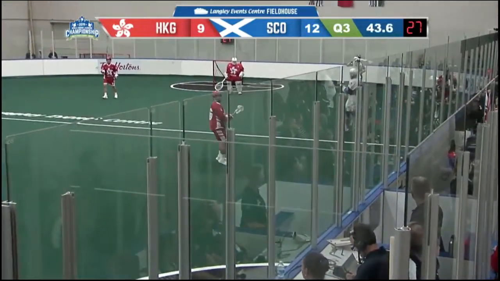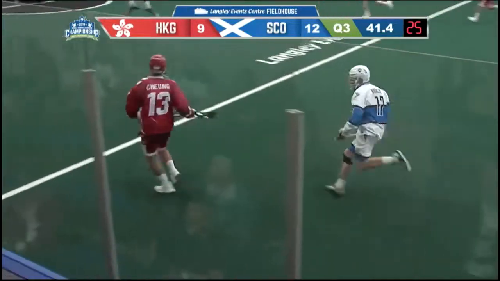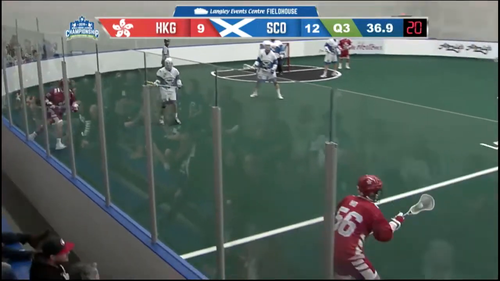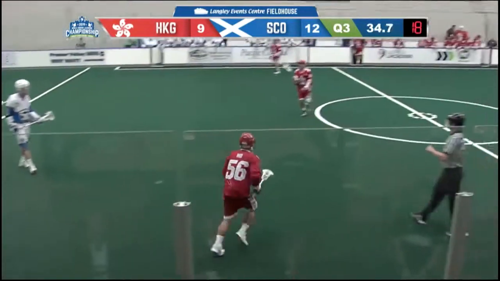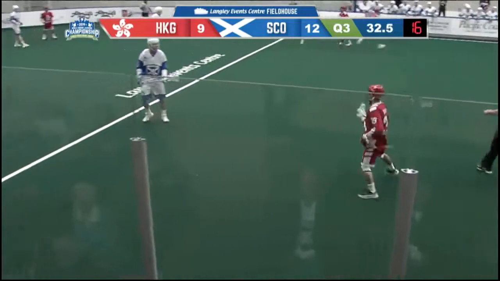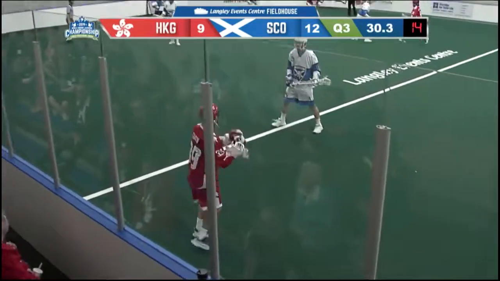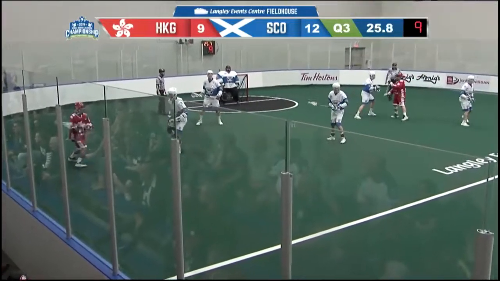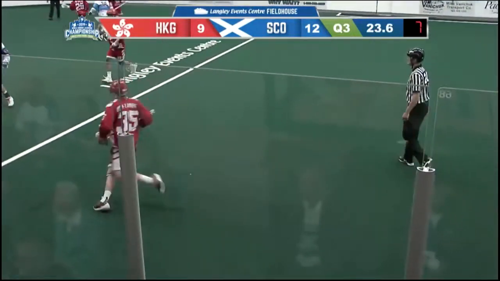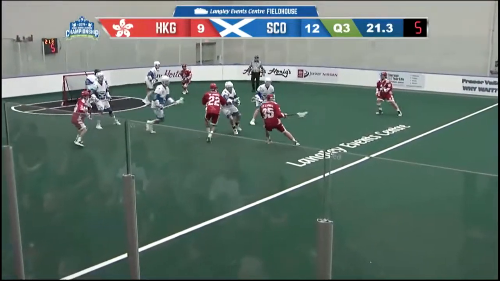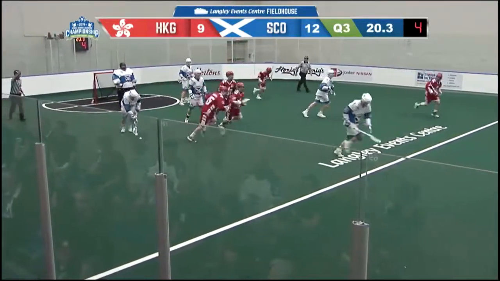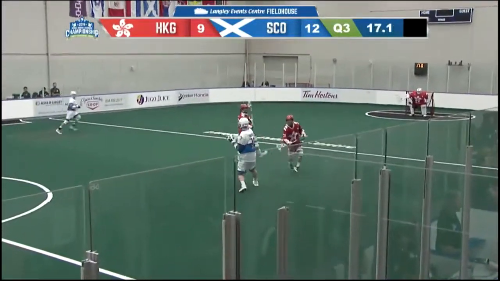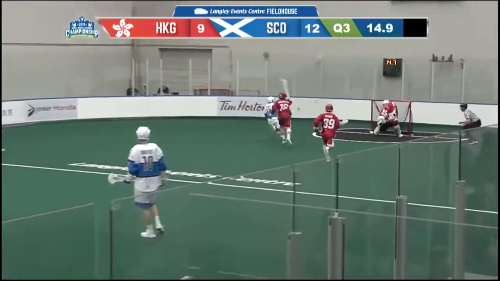Hong Kong with possession as Ah Young chucks it down the floor, left side for Wing Chung along the boards, playing it back there. Hong Kong with possession, shuffling in along the left side. Mock Lamy couldn't get a shot away. Hong Kong turns the ball over with 18 seconds remaining in this third quarter. Brief break, and we will return with the fourth.